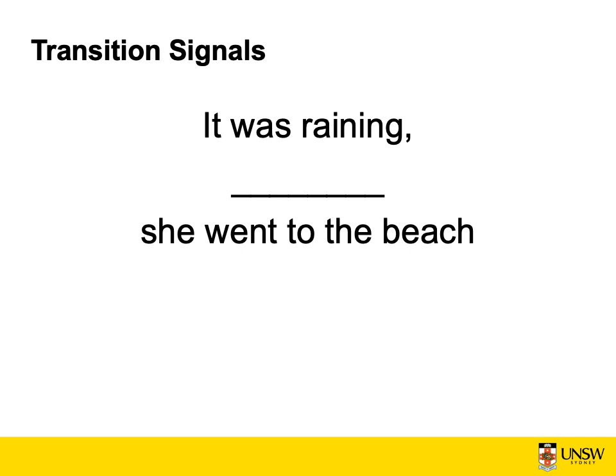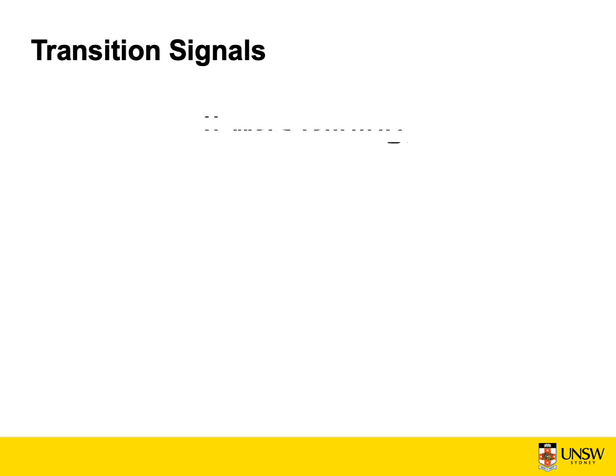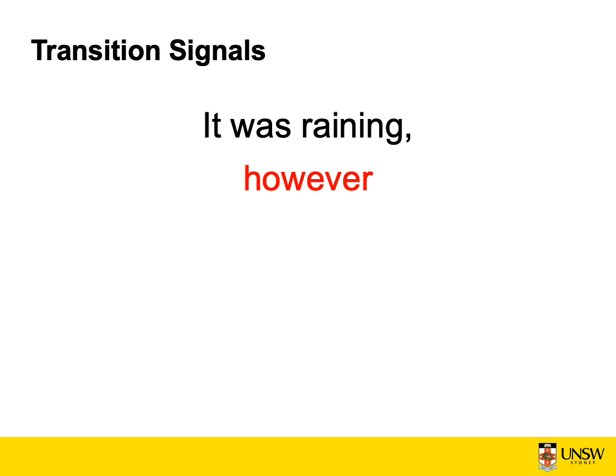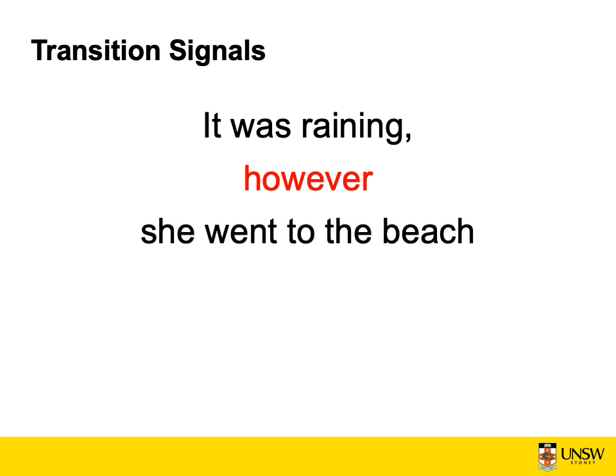Now, we might say that the first and the most plausible is maybe however. It was raining, however, she went to the beach. And this, in some senses, because if it's raining, we don't really think we should be going to the beach. I mean, it's up to you, I guess, personally, what you fancy, right? But we wouldn't assume that if it's raining, someone would want to go to the beach. So that might be the most plausible